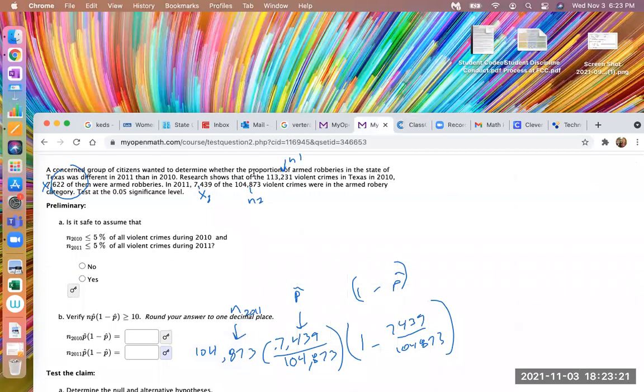So we have to really look for the words, and we're listening for the words, when you test the claim, or we're interested in less than, more than, changed, different, right? We're looking for those words in this problem when we look for the alternative hypothesis. And actually there are no numbers in the null and alternative hypothesis. We're only looking for a symbol here. So I'm literally only looking for less than, greater than, or change.